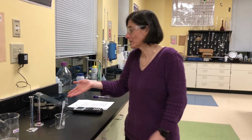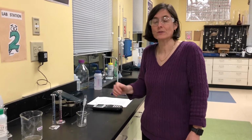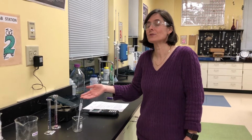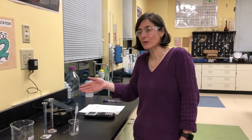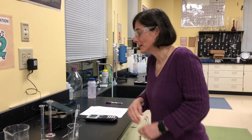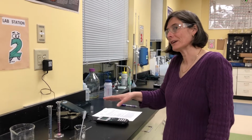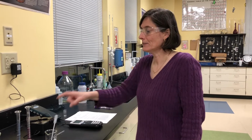So we're going to be using a Vernier colorimeter which will shine light through our solution, and by shining the light through our solution, it will be able to graph absorbance versus time, and the absorbance is directly related to our concentration. So essentially we'll be looking at concentration versus time. Then we'll take that data and graph concentration versus time, the natural log of concentration versus time, and 1 over the concentration versus time to figure out if it's a 0th order, 1st order, or 2nd order reaction with respect to the crystal violet, since it's the more dilute